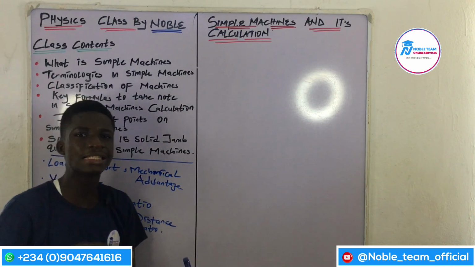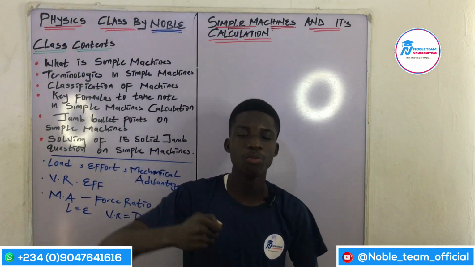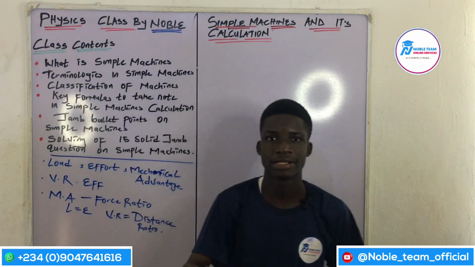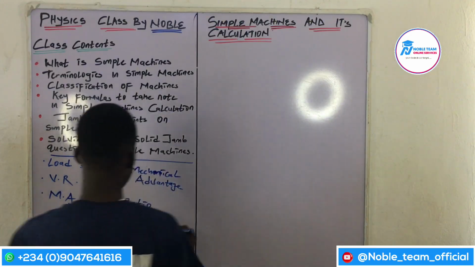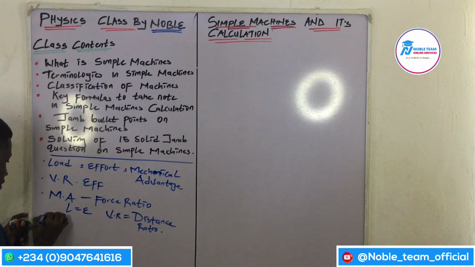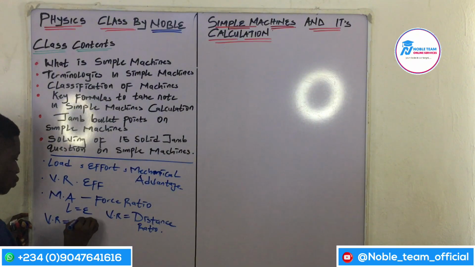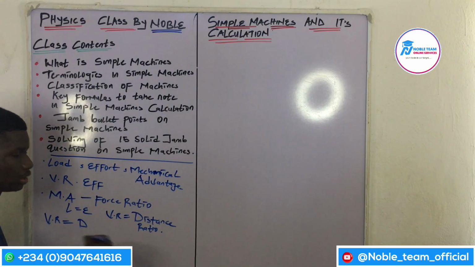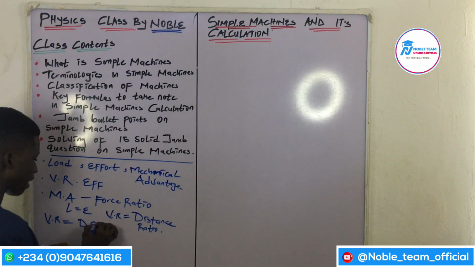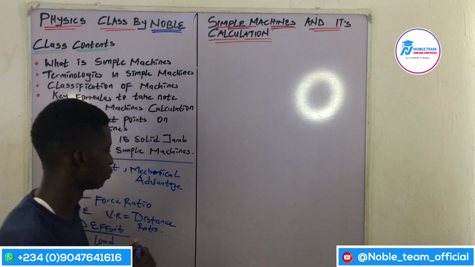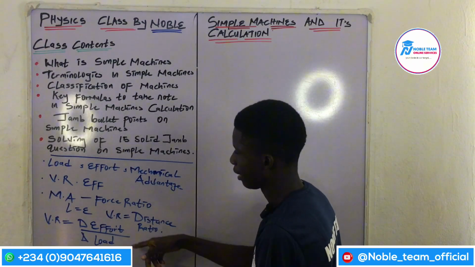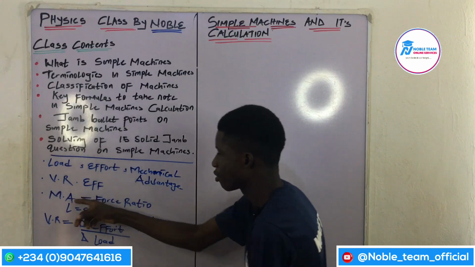Velocity ratio is the ratio of distance moved by the effort to the distance moved by the load. That is what I'm trying to explain. VR is equal to the distance moved by the effort divided by the distance moved by the load. So just grab this formula, and also the formula for mechanical advantage, which is load